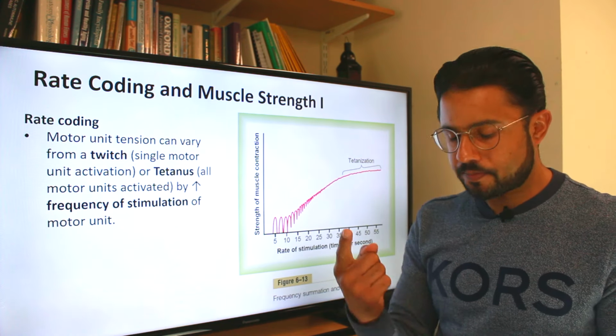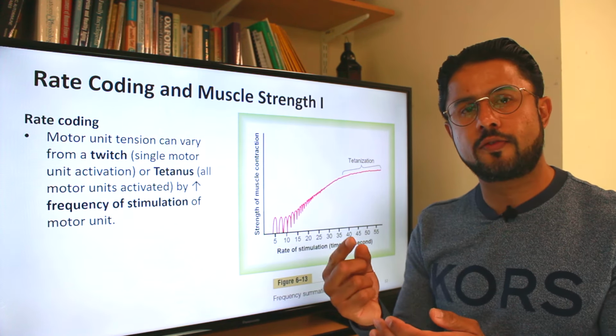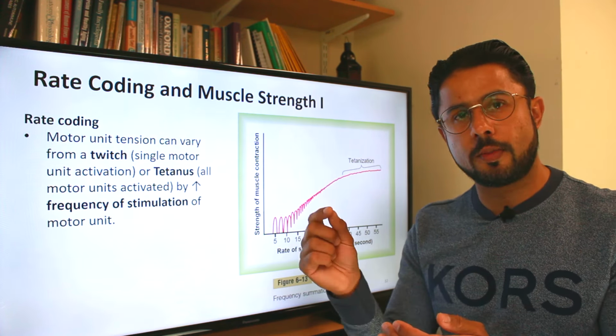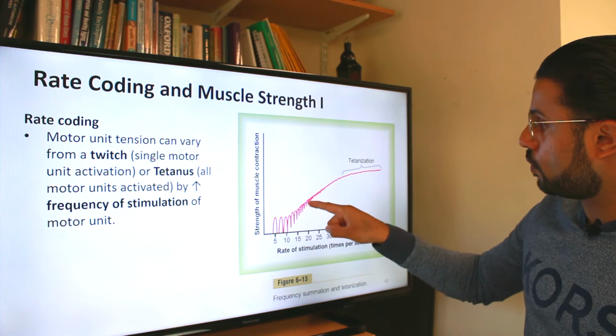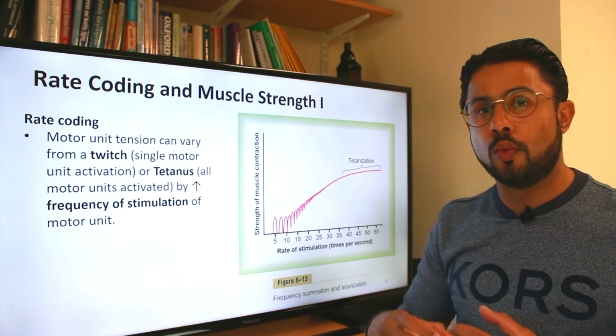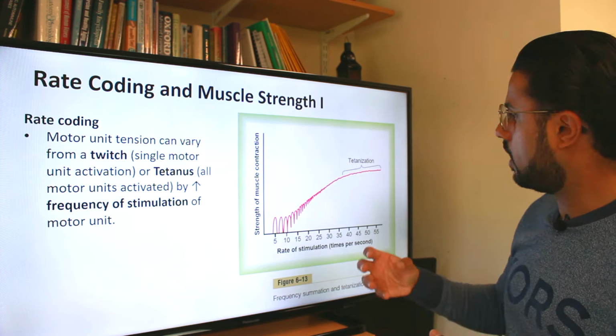In fact, one signal going through the motor unit to the muscle fibers is known as a twitch. Okay, that's just one motor unit being activated, but that can change all the way to tetanus. The tetanus is when all of the motor units are activated, and there's lots of electrical stimulation going through those motor units. Okay, so lots of bursts of electrical activity, and they'll cause this contraction. And to the point where you just have this very nice, smooth blending of all of those individual bursts into one, then you get this nice, smooth contraction, okay?